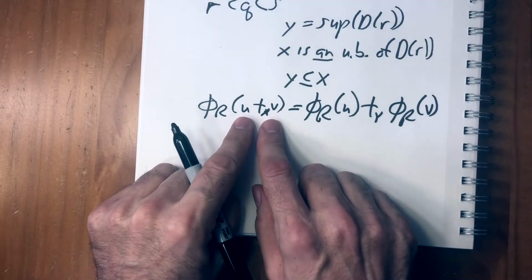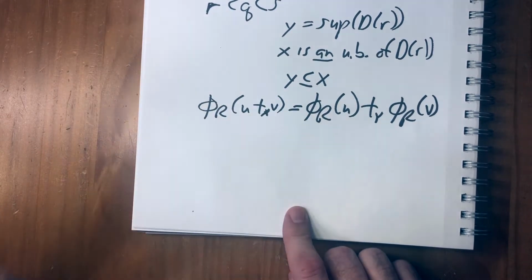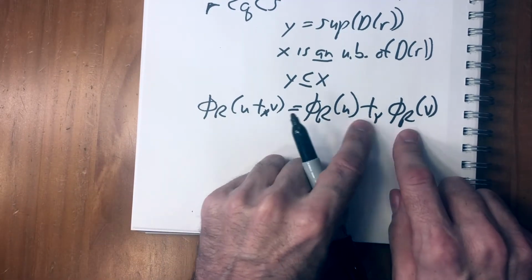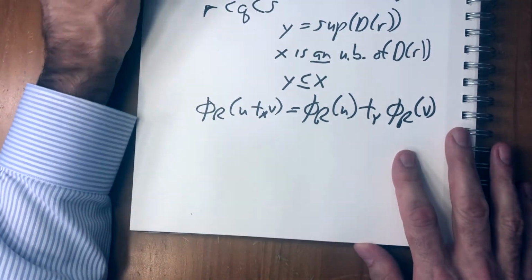And these are any reals. If you add them in x and then map them to y, that's the same as mapping them to y and then adding them together in y. This is what we have to prove to show that phi r